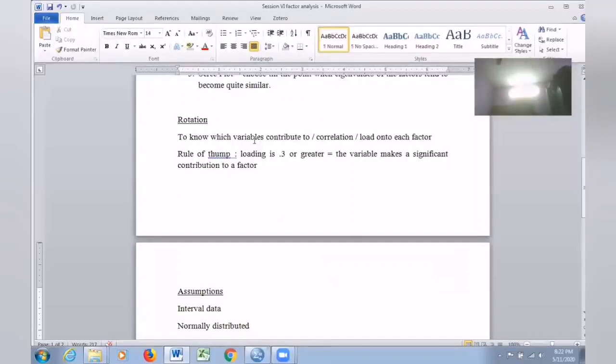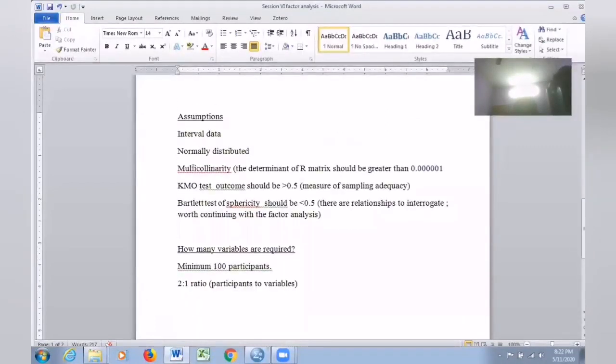Fine. Just like, for example, you have a photo frame, you want to fix it on the wall. How do you do it? You just rotate the photo here and there. You adjust top, bottom, left, right side, so that you place the photo in a perfect place, with a perfect look. The same way, rotation will help you to identify the exact variables that have a good loading on the factors concerned. Fine. To conduct factor analysis, what are the assumptions the data should fulfill?